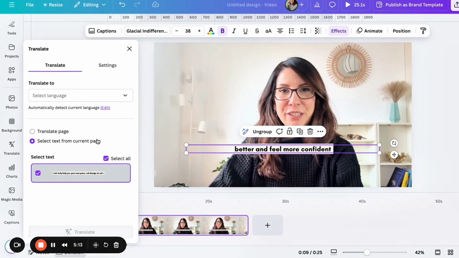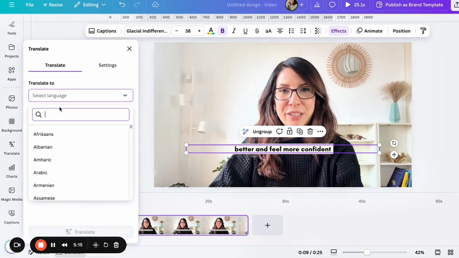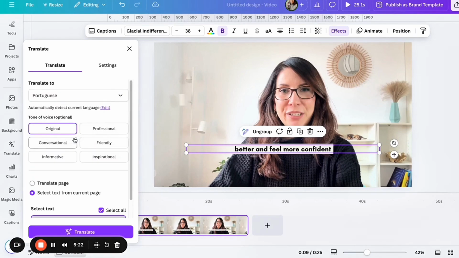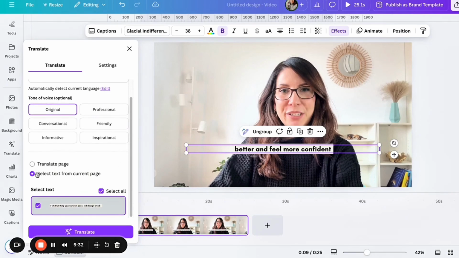And now you're going to select the language you want it to be translated. Let me put actually my mother tongue. It is Portuguese. You can even choose the tone of the voice, if it is like the original translation, or you want it to sound more professional or friendly, okay? And then you can select just the current page. If we had here 2 pages, we could select just 1 page, for instance, okay, depending on what you need